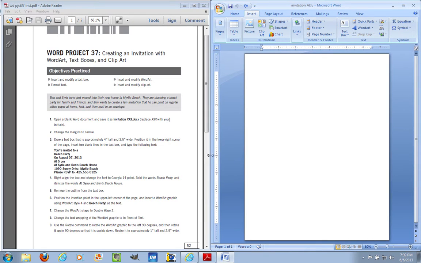Hello, it's time to party with Word Project 37, creating an invitation with word art, text boxes, and clip art. Ben and Siri have just moved into their new house in Myrtle Beach. They're planning a beach party for family and friends, and Ben wants to create this fun invitation he can print. He's going to print it on regular office paper at home, fold it up, and then mail it